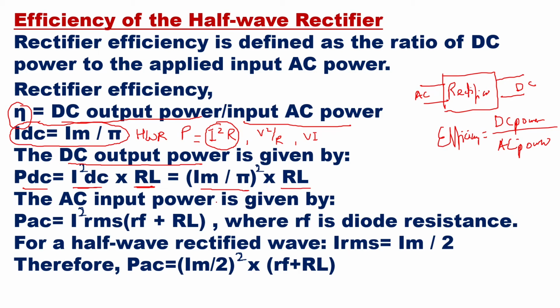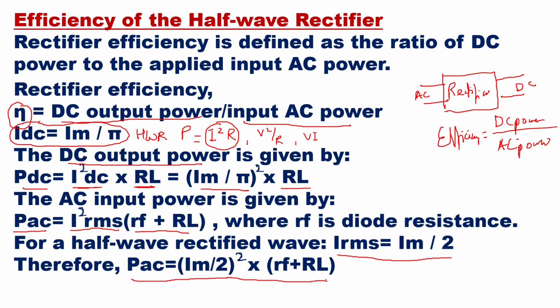Similarly, if you calculate the AC power, it will also be your current squared into the resistance. So here, PAC will be IRMS squared, that is the input current squared, multiplied by the forward resistance of the diode and the load resistance, RF plus RL, where RF is the diode resistance. For a half-wave rectifier, we know that IRMS is equal to Im by 2. So if you put Im by 2, you will get PAC as Im by 2 whole squared into